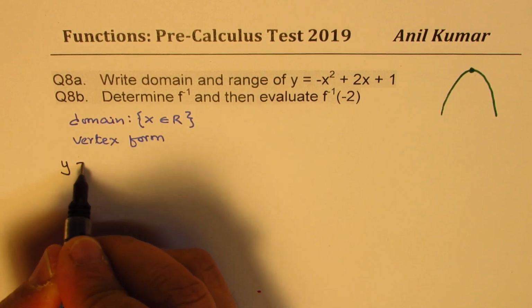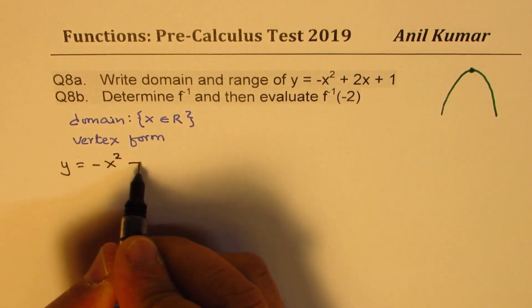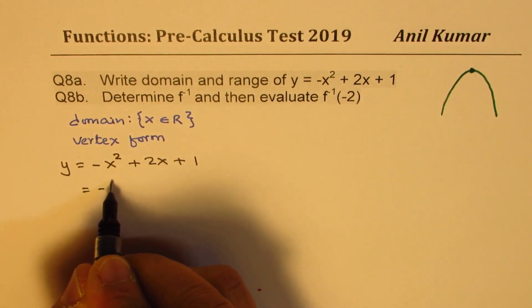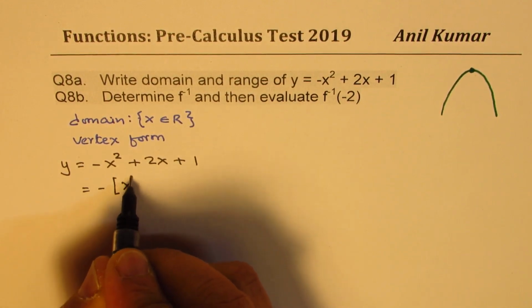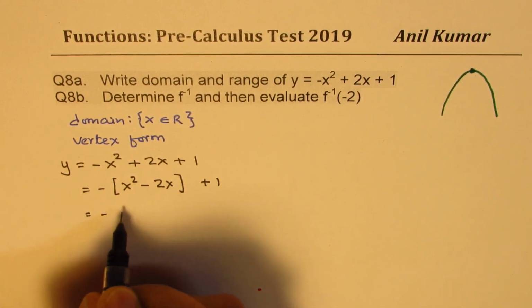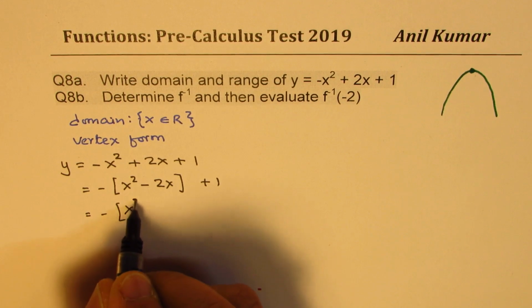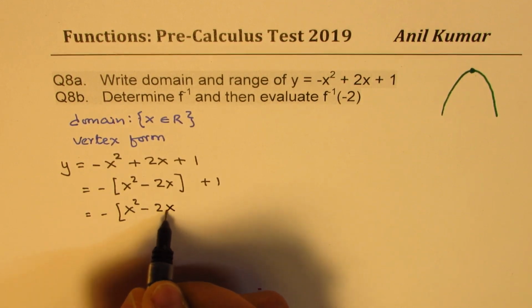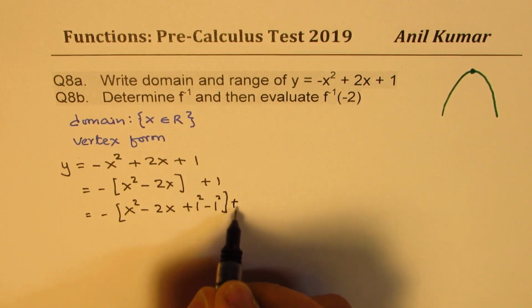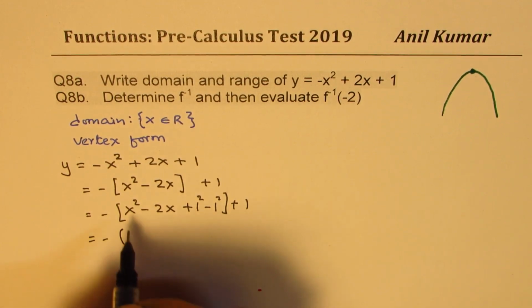So we have y equals minus x squared plus 2x plus 1. We can take minus 1 common. So we get x squared minus 2x plus 1. Now we'll do half of 2. So we get 1. So we'll add and subtract 1 square to it, right? These are the steps involved. So that gives you